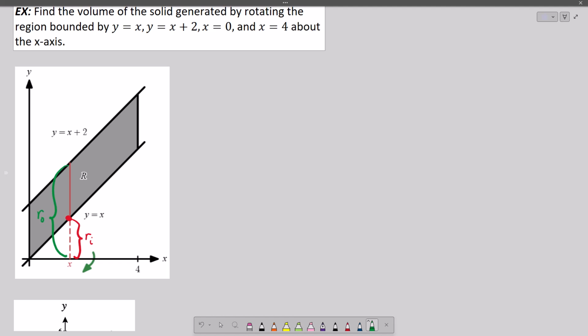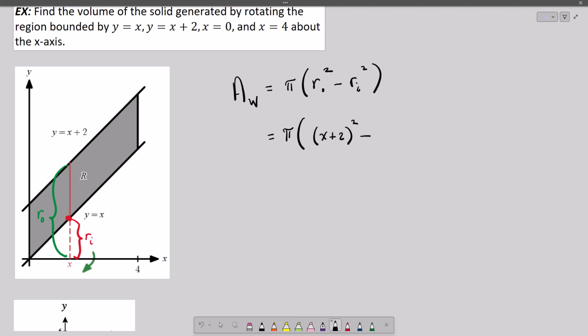All right, so now we go to our basic geometric formula for the area of a washer. So that's going to be pi times the outer radius squared minus the inner radius squared. And so now we just have to identify and turn this generic formula into a specific formula with these two functions. So the outer radius, it's a vertical distance. This is the y value for this curve right here. So x plus 2 is the y value. So we're going to put x plus 2 in here